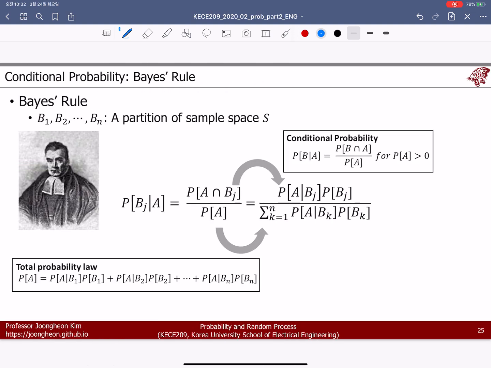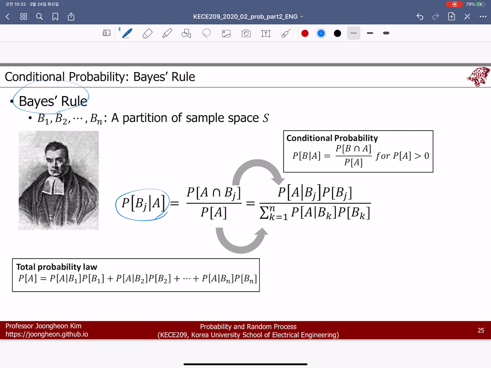So lastly, we have Bayes rules here. Bayes rules is very important in decision theory, statistical decision theory, classification, machine learning, deep learning, statistics, and in communication theories. That's why this is very important. If we have some time at the end of this semester, I would like to give you some supplementary materials talking about statistical decision theory based on the Bayesian rules. But in the textbook, we have just a quick introduction.